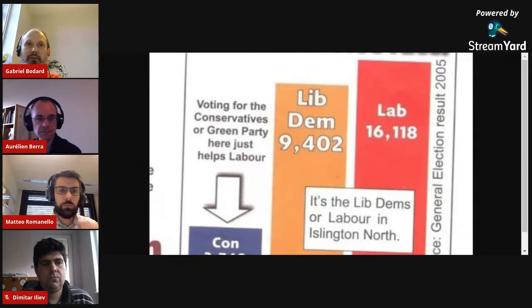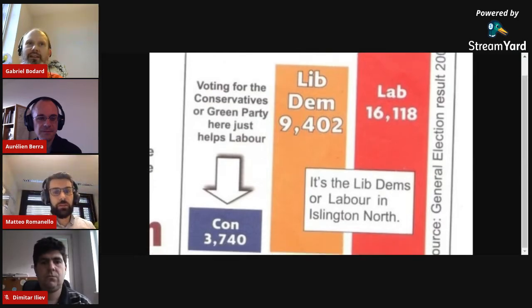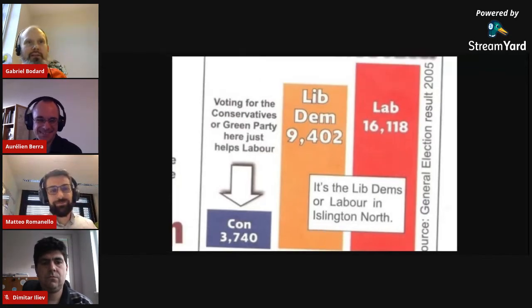The example that I accidentally flashed on the screen while we were shifting back a second ago is my favorite example of the misleading visualization. In the UK, the Liberal Democrat Party are famous for this. They rely on being the second biggest party in several places, and therefore telling people don't vote for the third party. And this example shows a perfect example of this. The scale is clearly completely wrong on this graph. It's completely misleading. And deliberately so. It's in order to make whatever is the third party look as close to zero as possible. And there are worse examples. This is just one picked at random, but